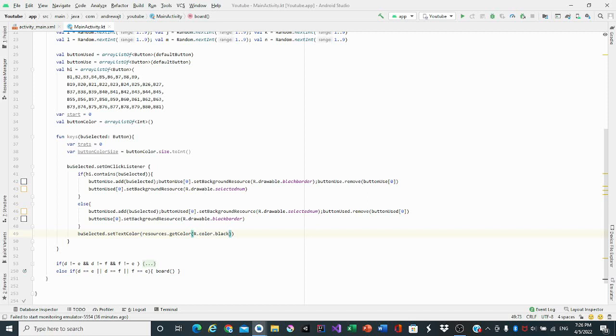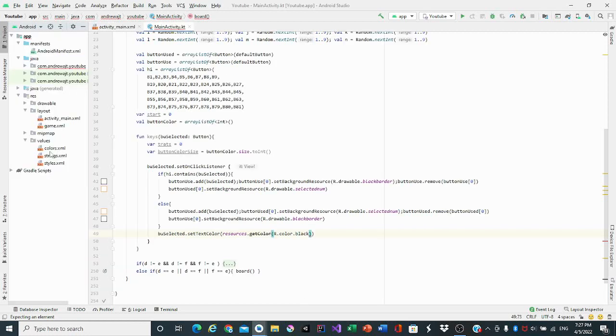The reason I wrote this code is because when we make the puzzle, it's blue. So when we turn it to black, we can see the difference of which one we changed and which one we didn't. For our dark color, we have to make our own custom color, which we'll go to color,